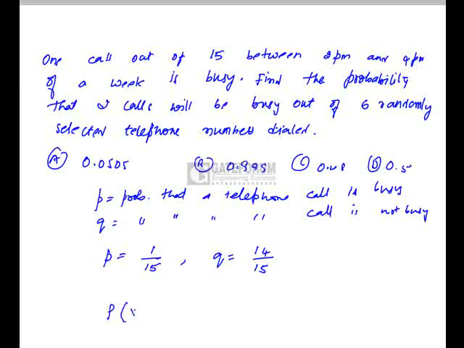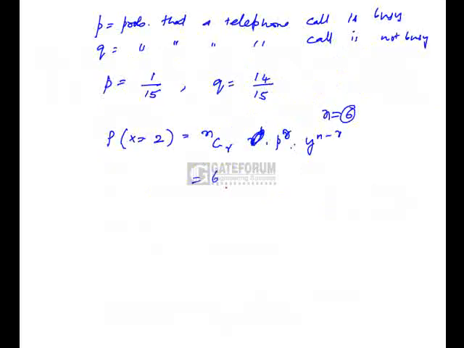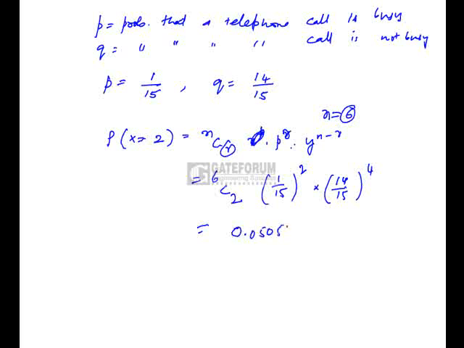And we need exactly 2 calls. That means we have to find P of x equals 2 out of 6 calls, so n is 6. The formula is nCr times p to the power of r times q to the power of n minus r. Here n is 6, C, and we need exactly 2 calls, that is 2, and p is 1 by 15 raised to the power of r, that is squared, times q, which is 14 by 15, raised to 4. If we simplify this, the value will be 0.0505, which is option